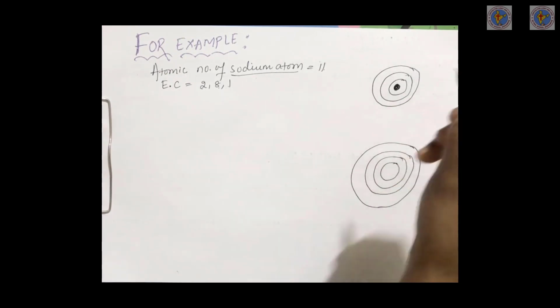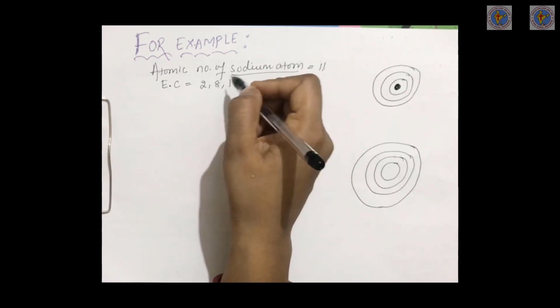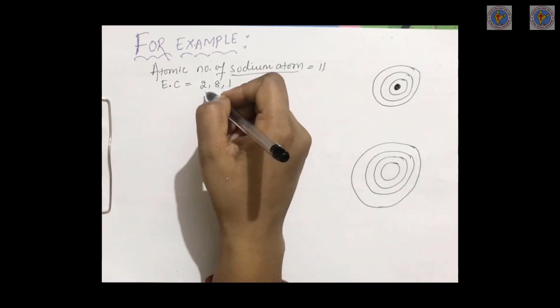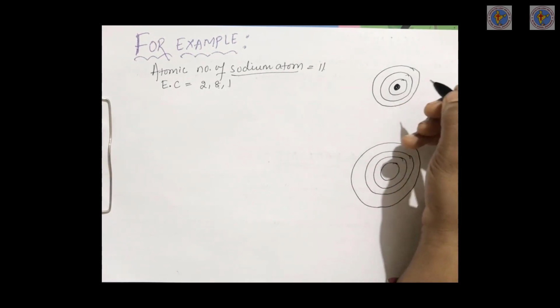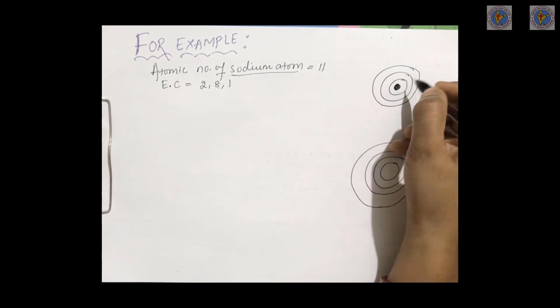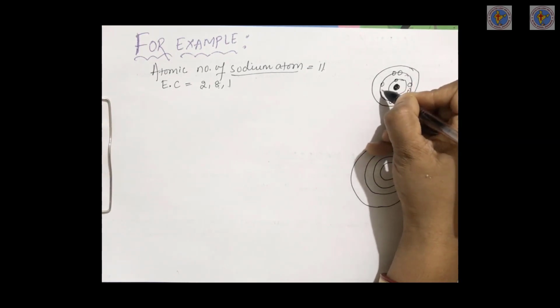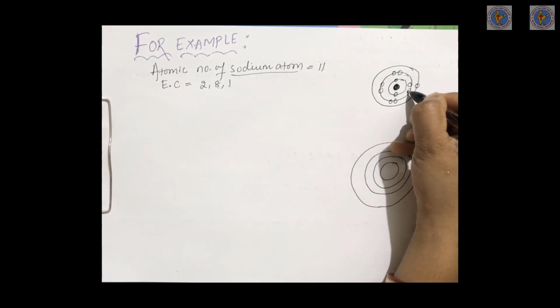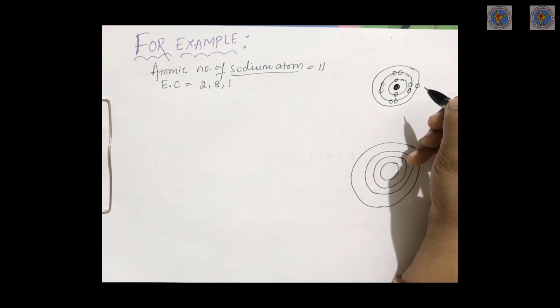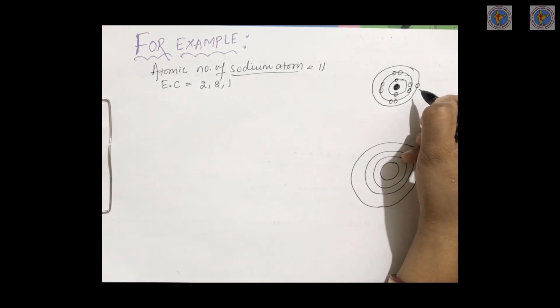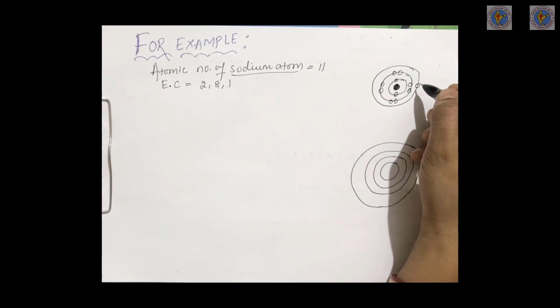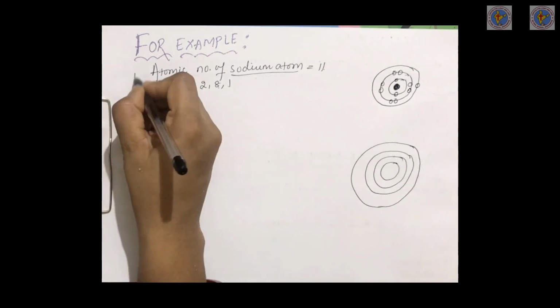Okay. So according to this we have written that the electronic configuration of sodium atom is 2, 8, 1. So according to the rule, we should start from the inner shell. So here 2 electrons are present in the first shell, then 8 electrons, 1, 2, 3, 4, 5, 6, 7, 8, and in the third shell 1 electron. As we know, the outermost shell should not contain more than 8 electrons. So here also we are having 1 electron, so it is not more than 8. Okay, now this is the first example.